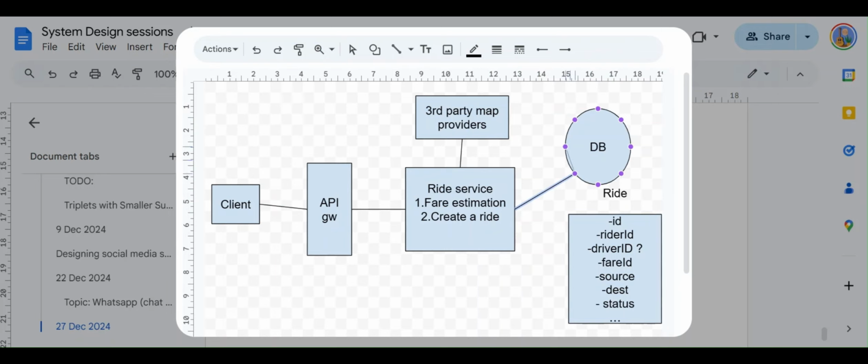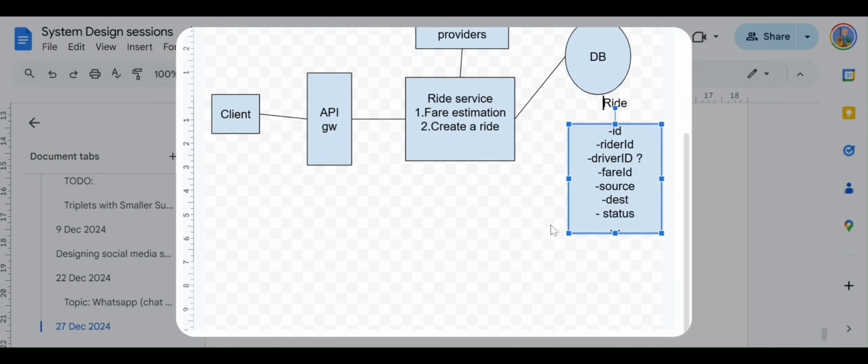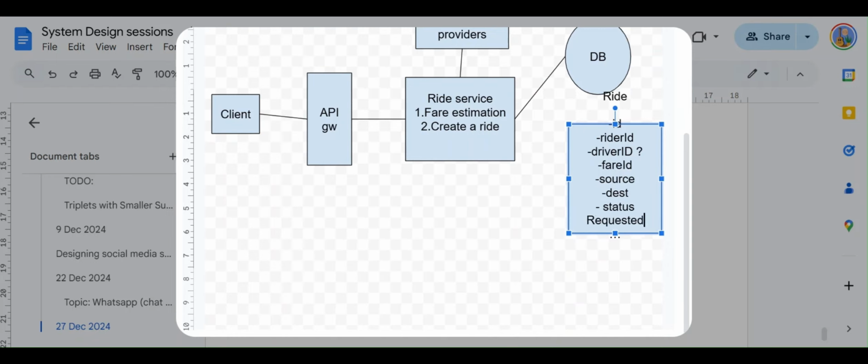What happens at this point is that the user is going to request the ride, and the request is going to go through the ride service. So post ride is going to get invoked. It is going to pass through here, go to the DB, and create a ride object for that particular incoming ride request. After that the ride matching is going to start, and till then in the status we could mention it as requested.